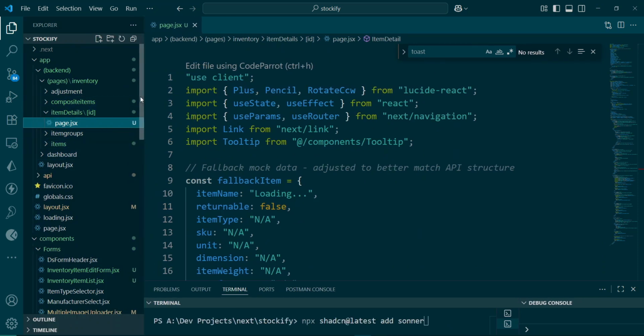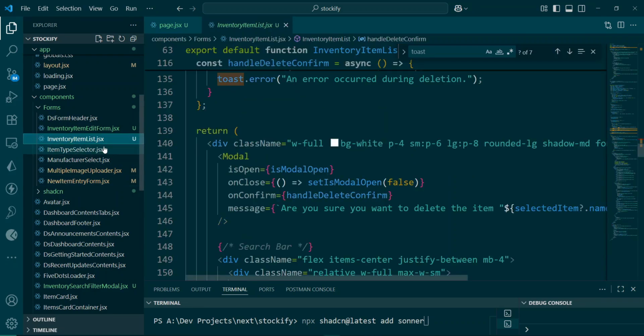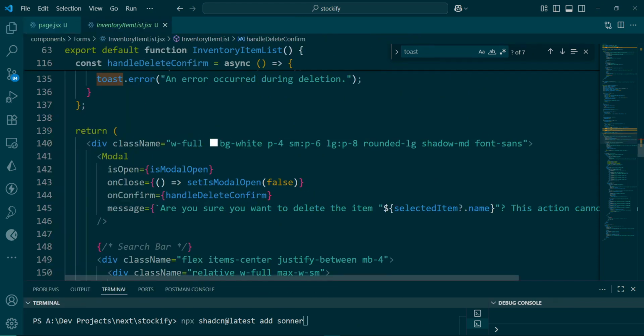So another component that was created were the inventory item list and the inventory item edit form. Remember that in the demo that I showed you in the beginning of the lesson, we were able to see those items, we were able to edit, we were able to delete. Okay, so inventory item list is the component that is being used to